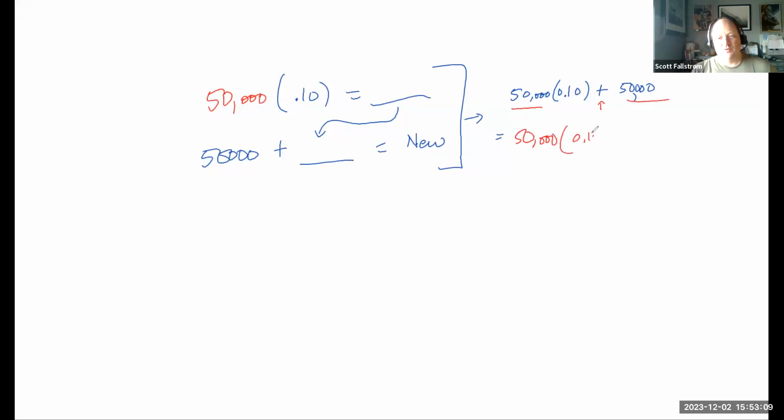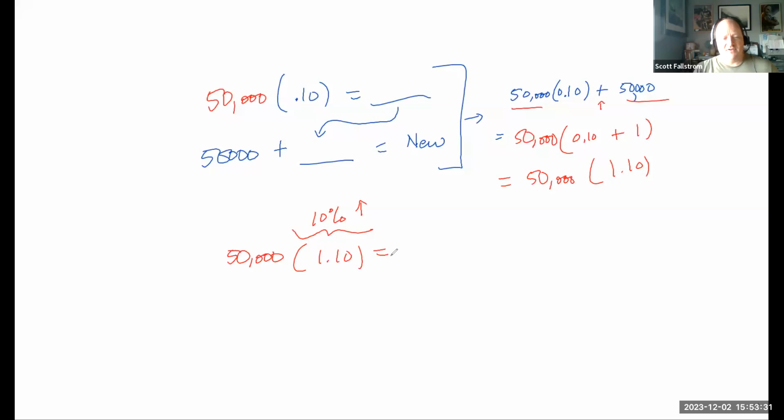What's left will be 0.10 plus 50,000 divided by 50,000, which is 1, which becomes 50,000 times 1.10. So if you start at 50,000 and you want a 10% increase, multiply by 1.10 and you will be there in one step. 50,000 times 1.1, and that becomes